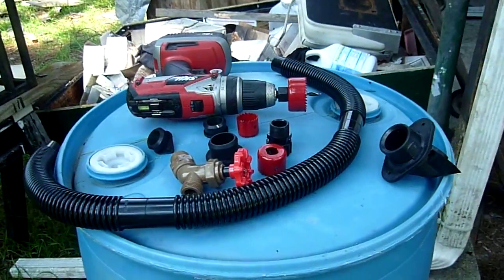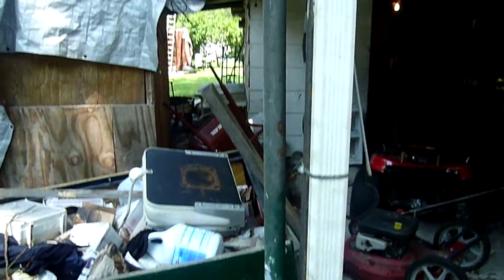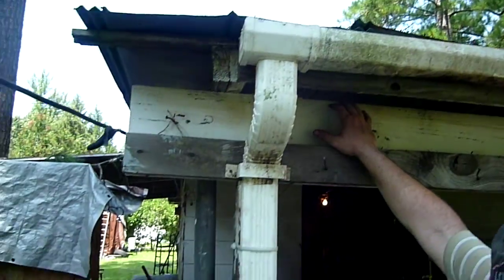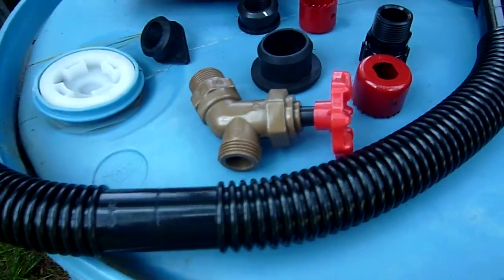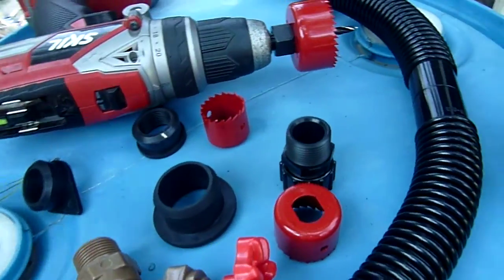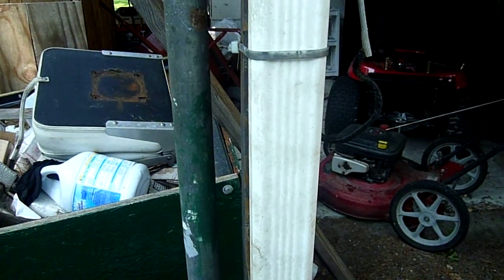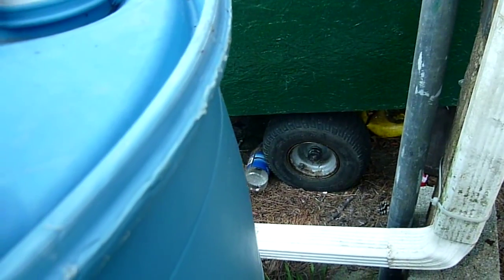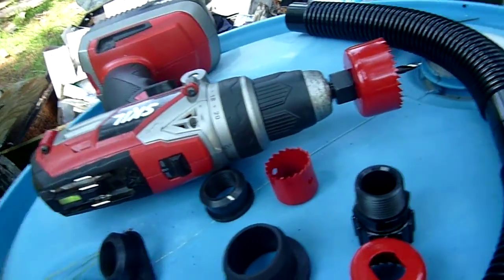Okay, so today we are hooking up our rain barrel to our newly installed recycled rain gutter. We've got our parts laid out here. The first step is we're going to drill a 2 1/8 inch hole in our downspout, and we're going to make that level with the hole that we're going to drill into the barrel. And the hole in the barrel